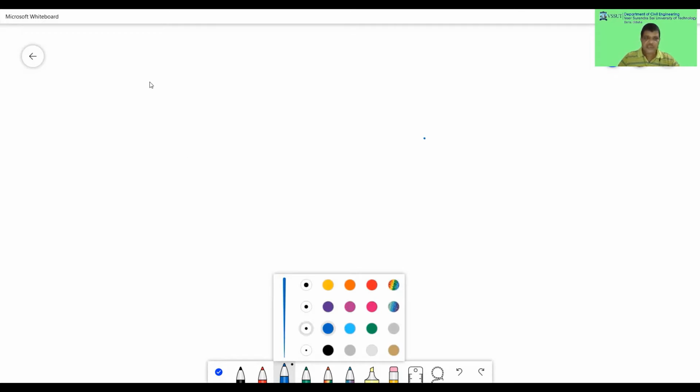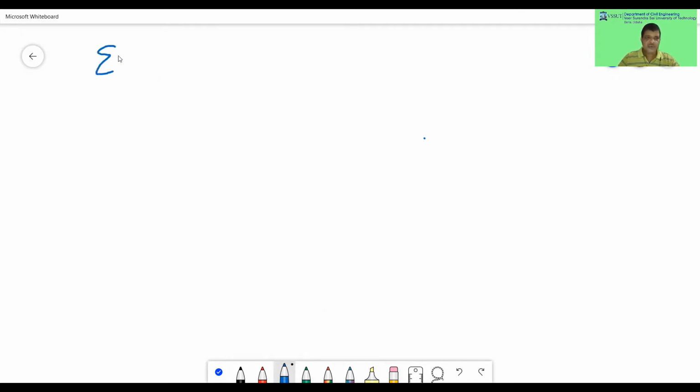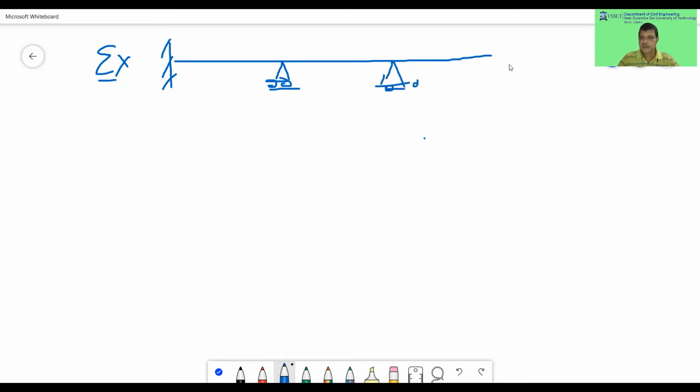So let us first take the continuous beam with a different moment of inertia. Let us take an example. In this example, both ends are fixed, and here you have a roller support. Also, you have a roller at C. We have a fixed end here, and here is the roller. Now on the spans, this is the problem we are discussing.